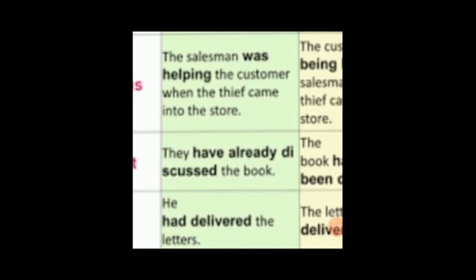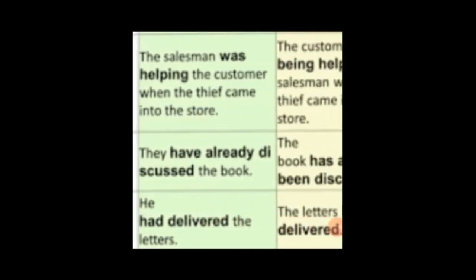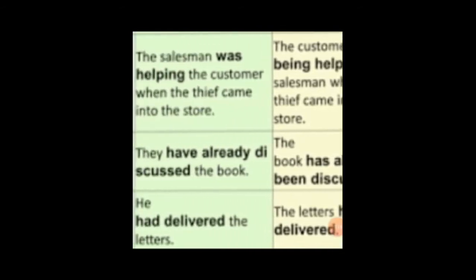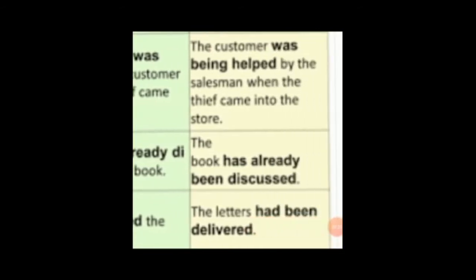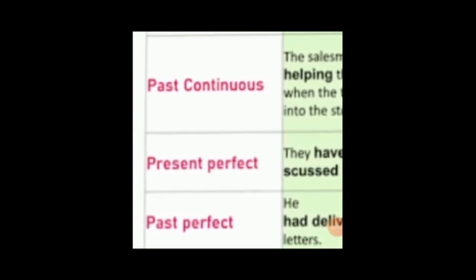So have already shows you that this tense is present perfect, because in present perfect we use the auxiliary verb has and have along with the third form of the verb. So convert into its passive form, the book has already been discussed. Here you can see that the auxiliary verbs in present perfect are has been and have been. We are going to convert has into has been and have into have been. So the sentence comes, the book has already been discussed. Right? You can write by them. Okay, it is not mandatory, it is understood.